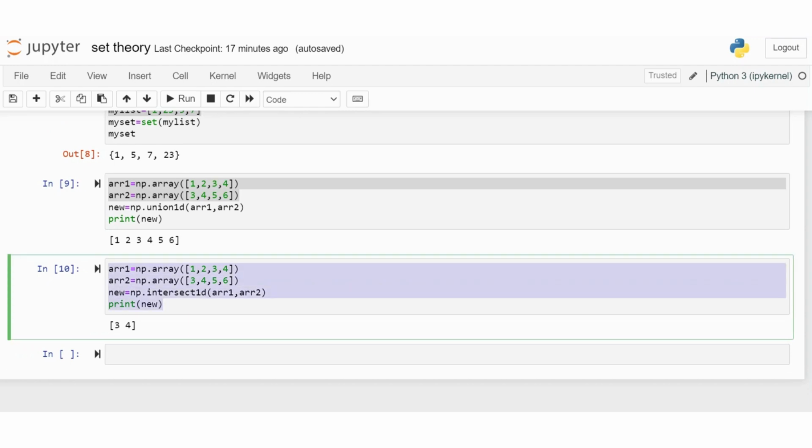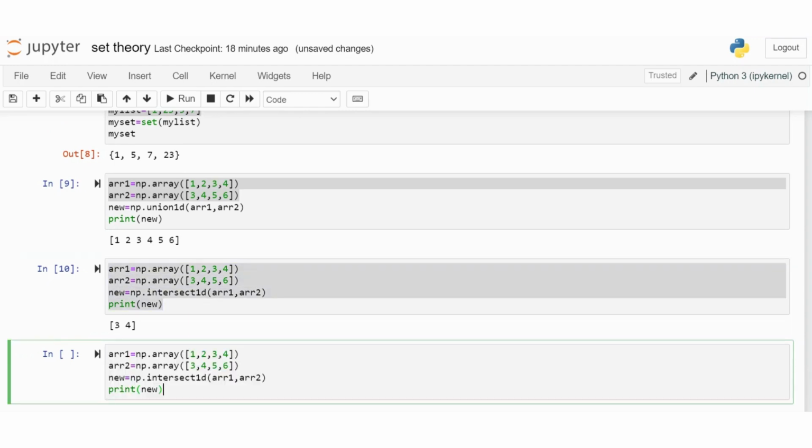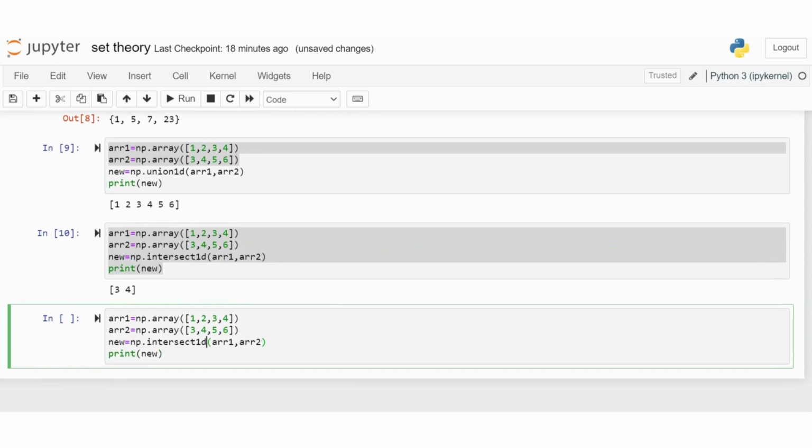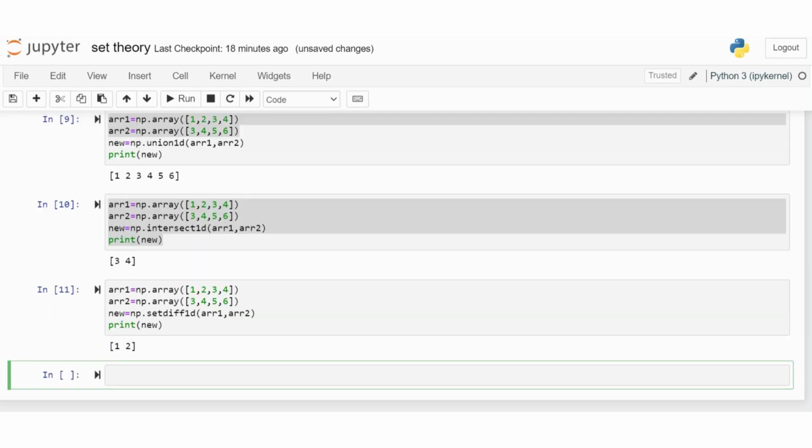Copy this array and use the setdiff1d method, which returns the difference of two sets.